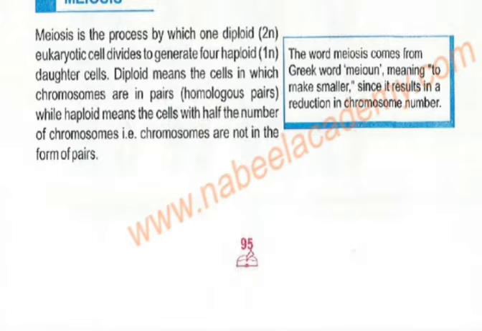If they are asking about the complete cycle, difference, variation, whatever they are asking, first write the definition. If they are asking about meiosis, write the definition of meiosis; if the question is related to mitosis, then write the definition of mitosis. Meiosis is the process by which one diploid